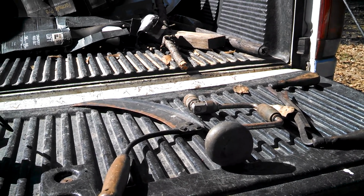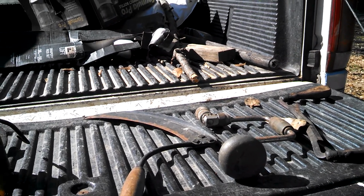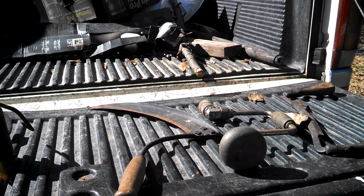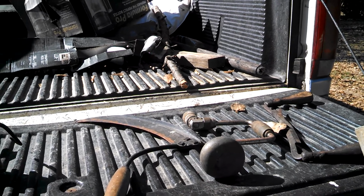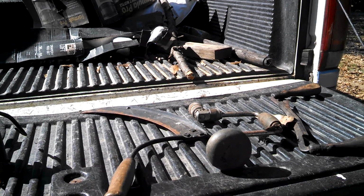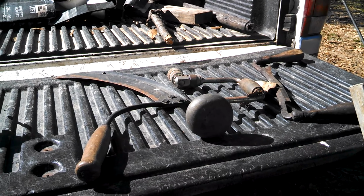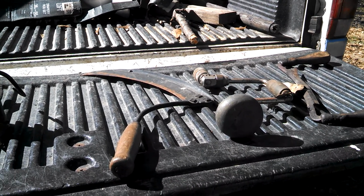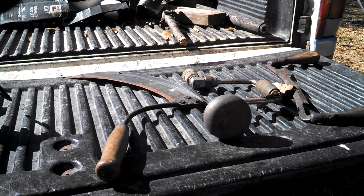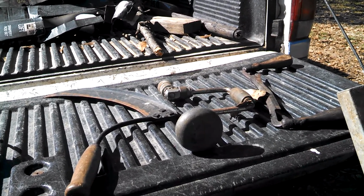He found a broadhead axe, and he had his hands full, and the people at the estate sale told him, well, we could put it back here and won't nobody mess with it. So they put it behind the cash register lady, and she's supposed to watch it, but she didn't watch it too good because I grabbed it. Anyway, I tried to give it back to him, and he wouldn't take it. He was mad at the estate people, and I felt guilty as all get out, but he would never take it back. I was going to sell it to him cheaper than I bought it just because I felt so guilty. I didn't know that he had found it. And I didn't know somebody was